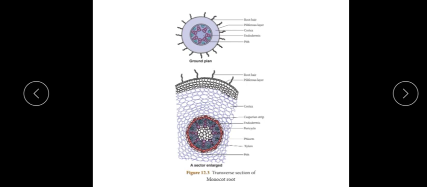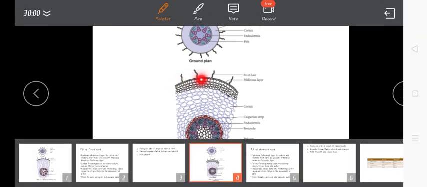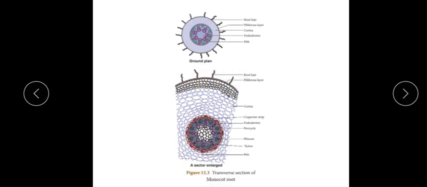You can see this is a ground plan diagram given for you, where you can see the circular structure. All along its margin is going to be the root hair, and inside is going to be the vascular bundle. Around that you have got the cortex. So don't bother much on this diagram. Let us focus only on this enlarged view. This is going to have a single layer again, just like that. So you have got the epiblema layer. Below the epiblema, which is a single layer, here also no stomata and cuticle. It just offers protection.